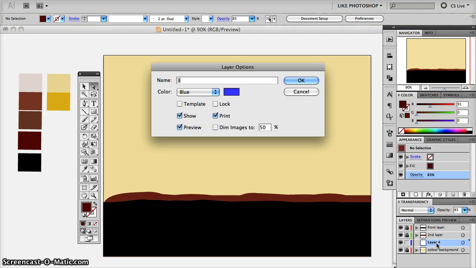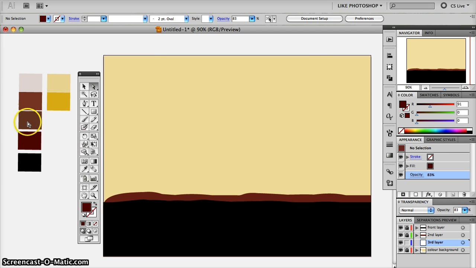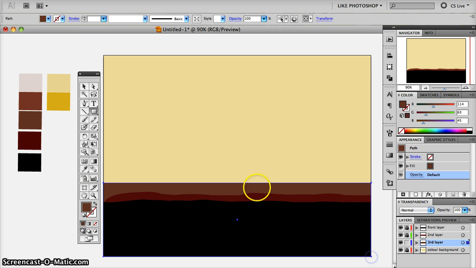So this one we're going to call third layer, and again you're going to want a slightly lighter colour than what we've got there, so I've gone for this browny colour, so that should emphasise a bit more of the background. And again I'm just going to use the rectangle tool. I'm just going to create some kind of mountainous hills in the background there. So what we're going to use here is the pen tool. I'm just going to add a few points